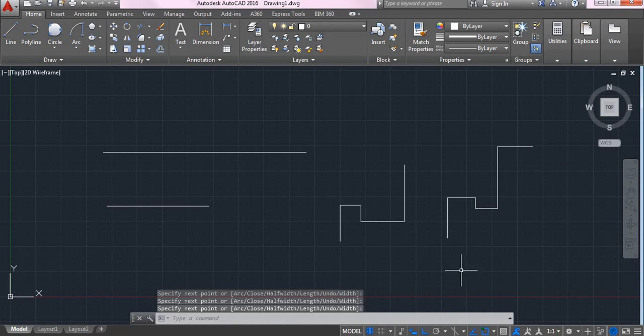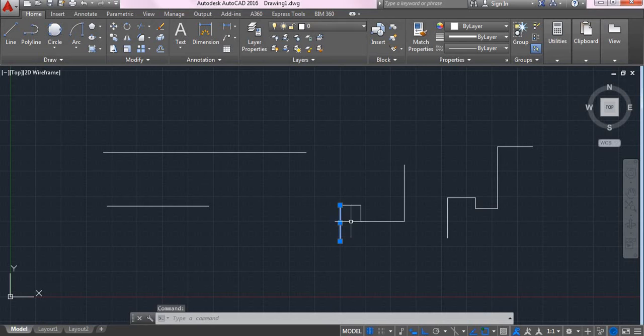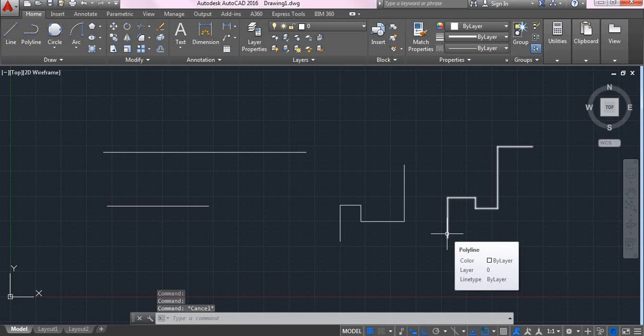If I need to modify this sketch, when I select, you can see that with the help of line, each and every single line is split, right? But with the help of polyline, you can see that the entire thing is a single entity. So this is the major difference between line and polyline.